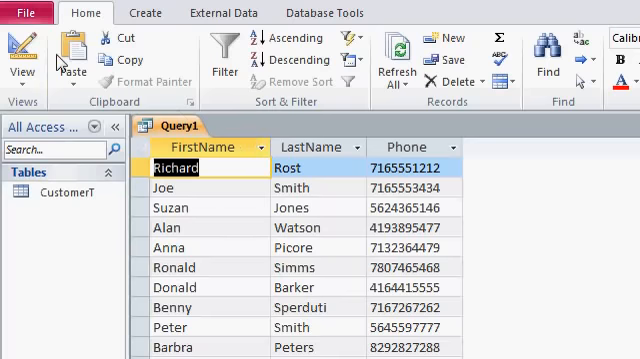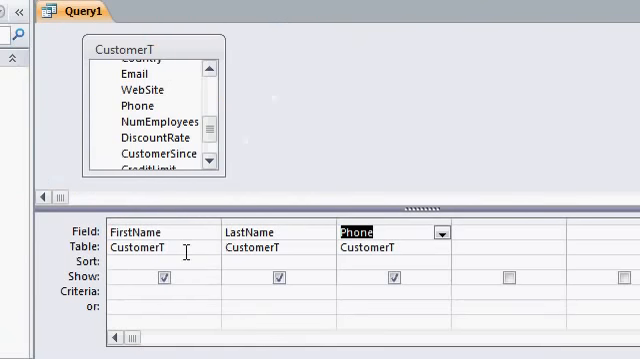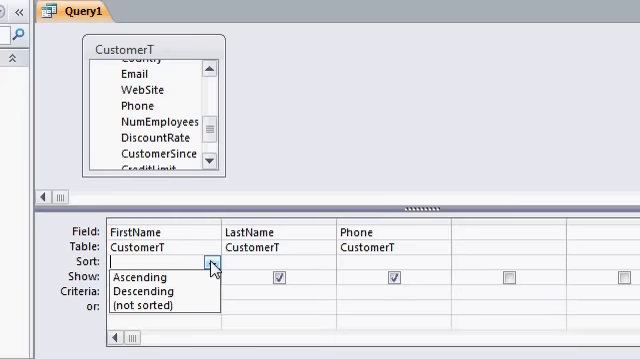Here's what I want you to do. Go back into design mode, and right down under here, under the field name, you'll see there's a sort row. This is where we specify the sort for the query. So for example, let's say I want to sort by first name. Click inside this box here, you'll see a drop-down arrow. Click on that. There's ascending, descending, and not sorted. Let's pick ascending,